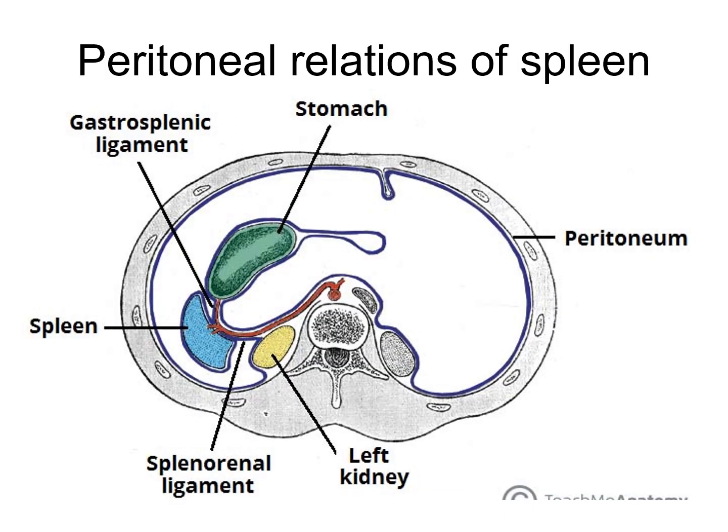Peritoneal relations of the spleen. The spleen is an intraperitoneal organ. That means it is completely covered by peritoneum except along its hilum. And from the hilum, the peritoneum gets reflected onto its neighboring viscera, that means the stomach and the kidney. So the fold of peritoneum which is reflecting from the hilum of the spleen to the greater curvature of the stomach is called the gastrosplenic ligament, and the fold of peritoneum which is extending onto the left kidney anterior surface from the hilum of the spleen is called the lienorenal or splenorenal ligament.